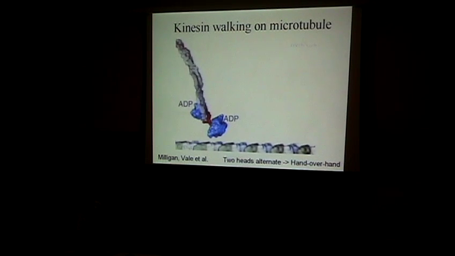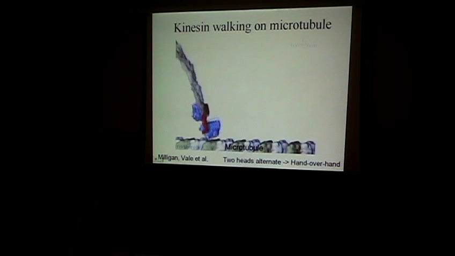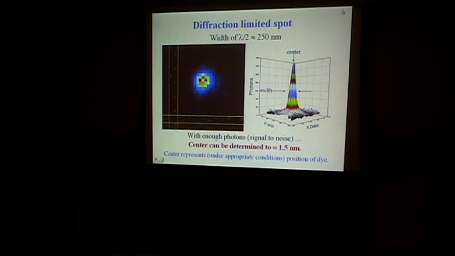Since kinesin takes smaller steps, 8 nanometers, than myosin 5, initial measurements are done on myosin 5, which takes much larger steps. So this is the idea. You take an image of a single fluorescent molecule using the CCD camera. You can see pixels here. Pixel size is about 80 nanometers. So you see a